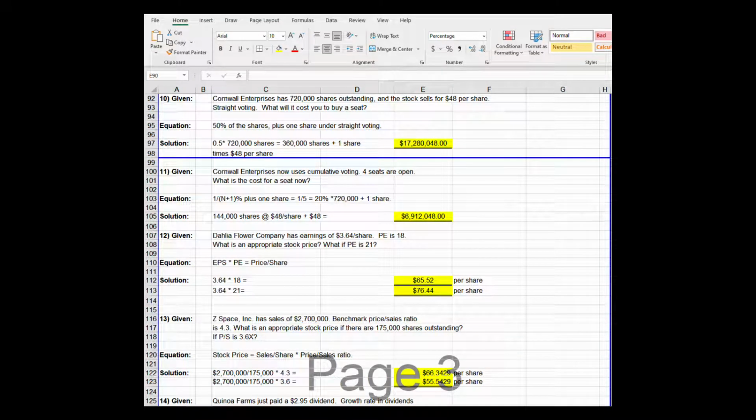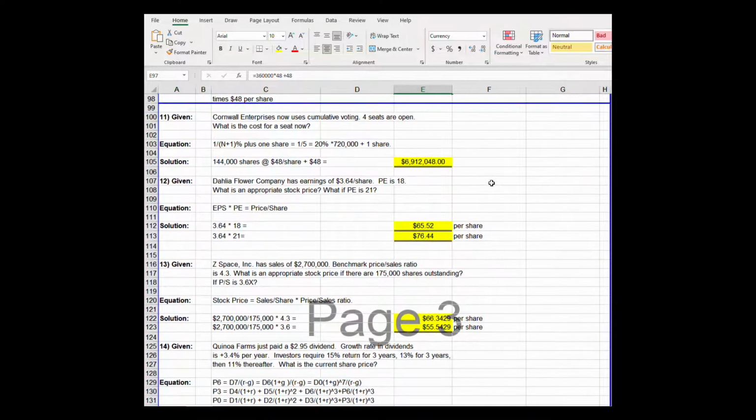In problem 8.10, we have Cornwall Enterprises with 720,000 shares outstanding. Stock sells for $48 a share. Straight voting. It's important. What will it cost you to buy a seat? So the equation is 50% of the outstanding plus one share, and then multiply that by $48. So I want to take half of the 720,000, 360,000 shares plus one share, 360,000 and one share times $48 a share, and I get